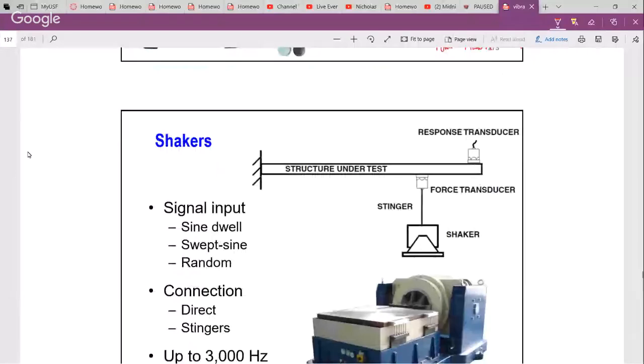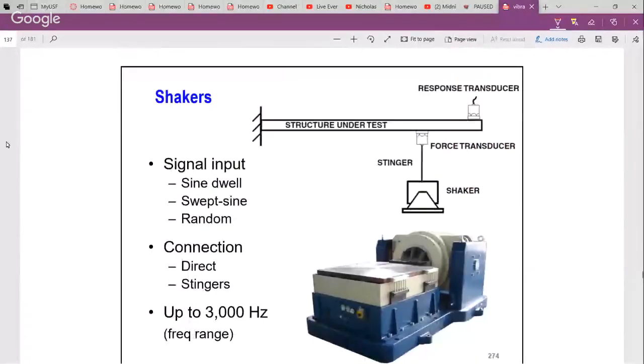So if you have a smaller shaker, and I picked a structure like just a cantilever beam, fixed at one end, free at the other, and we want to drive that with a force at some point, we can grab a smaller shaker and place it near the structure and then drive it with a force transducer on the structure. Now, one of the problems with connecting,